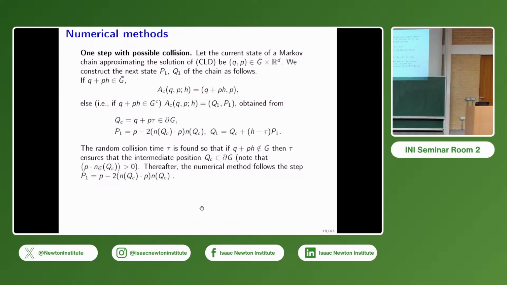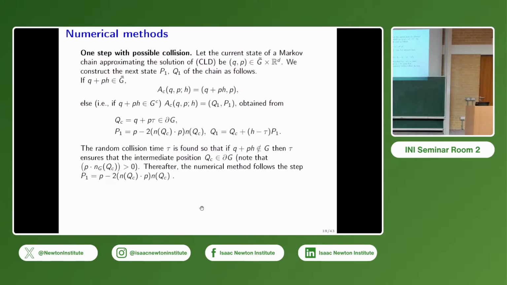And by finding the intersection, we also find the corresponding random time tau where we intersect. Then we change the normal direction of the velocity, and using this new velocity, we continue from this point,